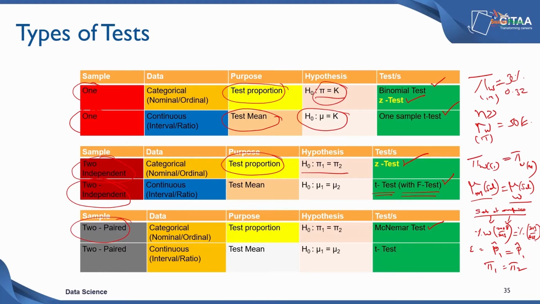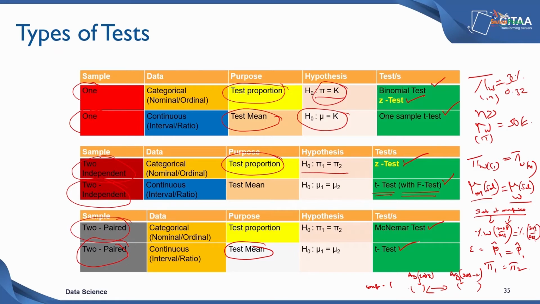And if you have two paired data where the measurement is a continuous variable, therefore you want to compare averages. Let's say you want to check the hypothesis that the average salary in the IT companies has not increased in the last 5 years. So you are taking company 1's average salary in the previous time period and the average salary in the current time period, computing what the averages are, and you want to check whether these averages are different or the same. So you can again do a t-test.